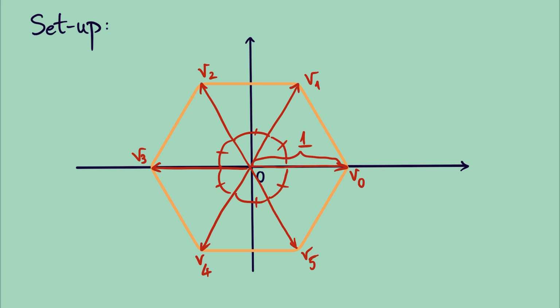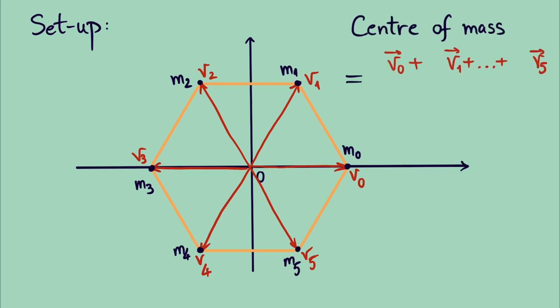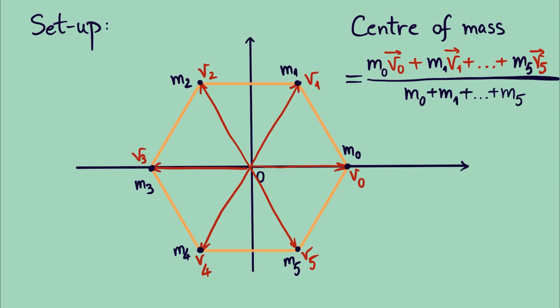For the drawing, I randomly chose n equal to 6, but you should extrapolate to the general case. Now, if we assign weights mi to each vector vi, then the formula for the center of mass is literally a weighted average. You multiply each vector by its weight, sum them all up, and then divide by the sum of the weights. To achieve balance, the condition is that the center of mass coincides with a geometric center, that